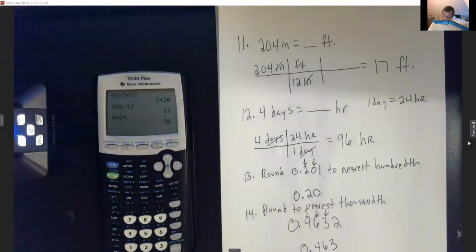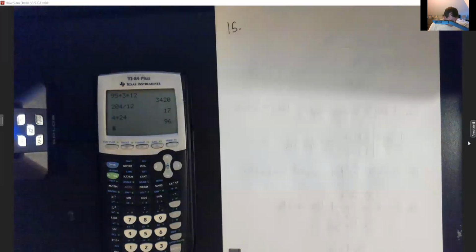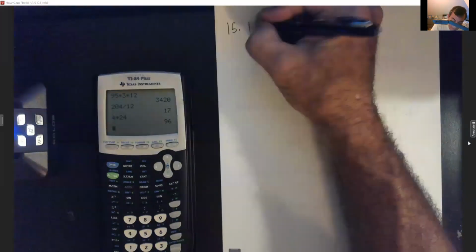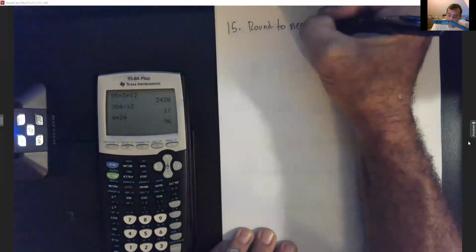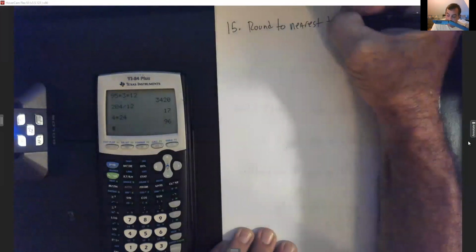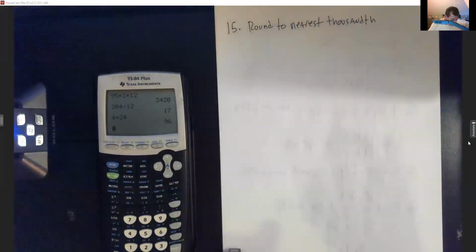All right, y'all. A few more of these. We're going to keep practicing them. 15 says, round to the nearest thousandths. So round to nearest thousandths, with the TH again. All right, what am I on, 15? So this one's going to be